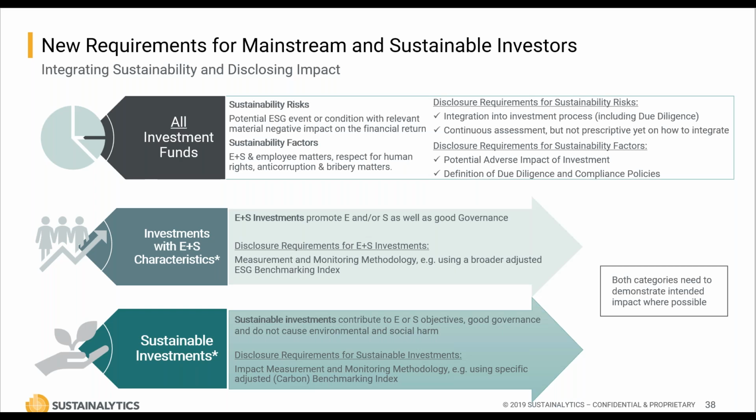Taking it a step further, there's the concept of sustainable investment. These investors ought to contribute to very specific E or S objectives. This approach is more narrow in comparison to the prior E and S characteristics approach, and has much more of a clear focus, as mentioned. As an example, take a fund with a low carbon objective, or it could also be an SDG related objective. This one is quite close to what investors today understand as impact investing.